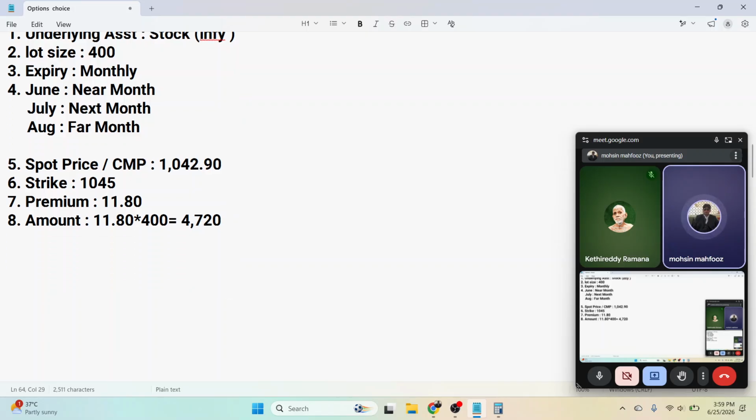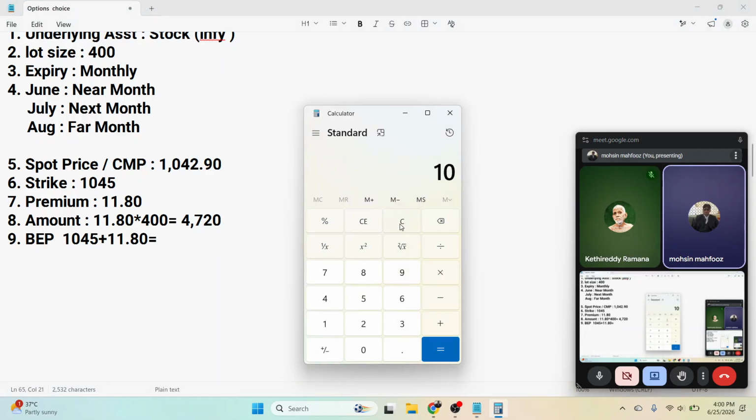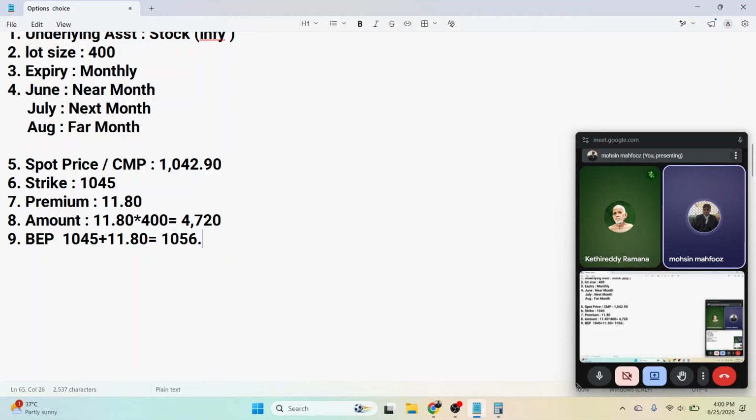अब अगेन हमने क्या करा, हमने 11 रुपए 80 पैसे पे करे। तो व्हाट वुड बी माई ब्रेक इवन पॉइंट, माई ब्रेक इवन पॉइंट वुड बी 1045 प्लस 11.80, कितना हो गया, 1056 रुपये 80 पैसे, 1056.8। दिस इज माई ब्रेक इवन पॉइंट। तो इफ द निफ्टी क्लोज अबाव 1056 ऑन एक्सपायरी, तो हमें प्रॉफिट होगा, जितना ऊपर जाएगा विल मेक अ प्रॉफिट। और अगर ये इसके नीचे बंद होगा तो हमें लॉस होगा। लॉस कितना